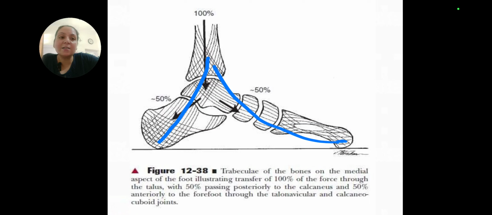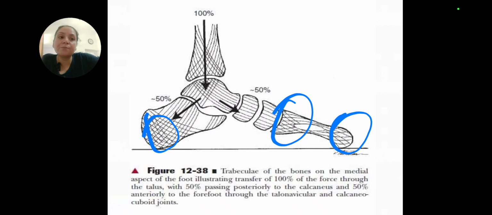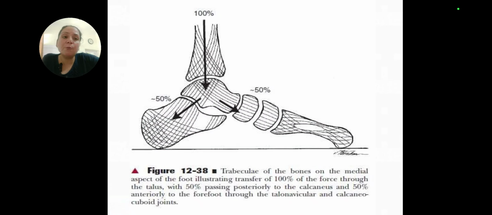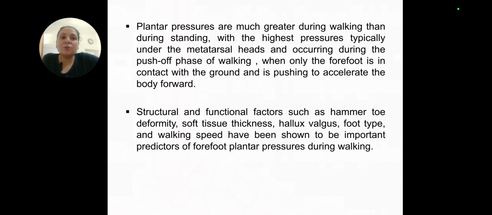So you can see the trabecular system which has been formed. At this point it is maximum because the force has been transmitted here, because of the aponeurosis. So you can see why there is more here, and this has got more trabecular system, because the weight shifting or the weight bearing points are these only. Fine. So they play a very crucial role while we are walking during the different phases, from push off phase to heel off phase. There are different phases, and with the different speed the weight bearing changes.